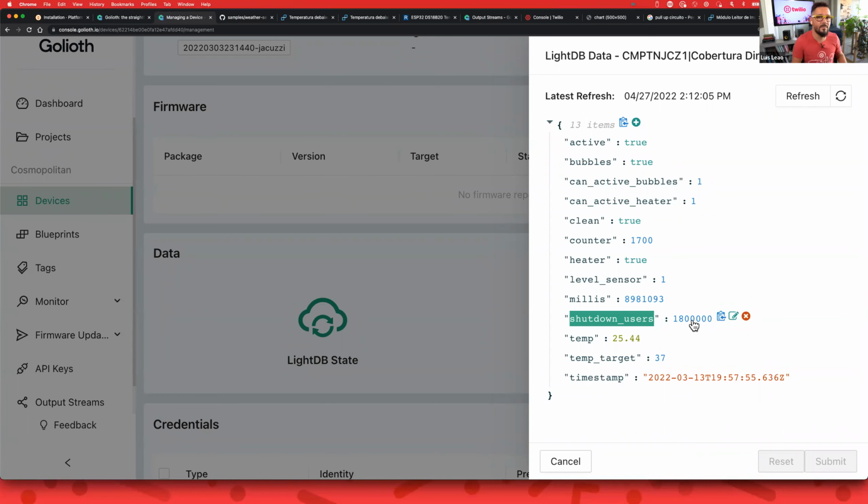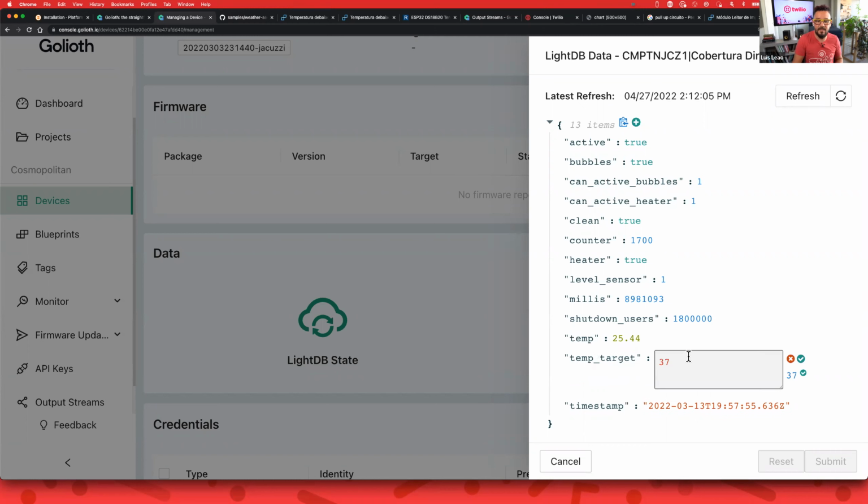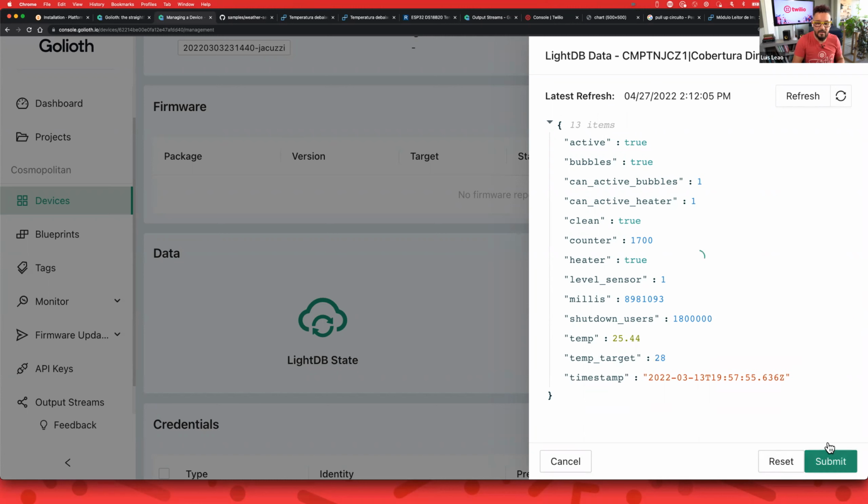So I don't need a database until now. Let me see if there's other information. The temperature target is here too. So if I change on the WhatsApp part the temperature I would like the bathtub to reach, I can set it here, right? For example, it's 25 degrees right now. If I set this to 28, and submit the data,